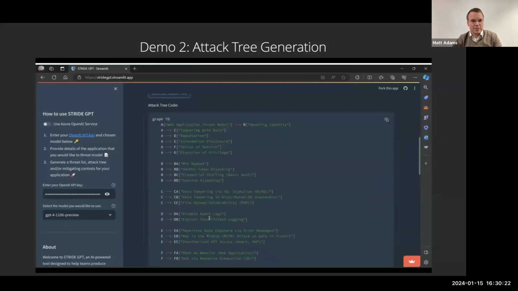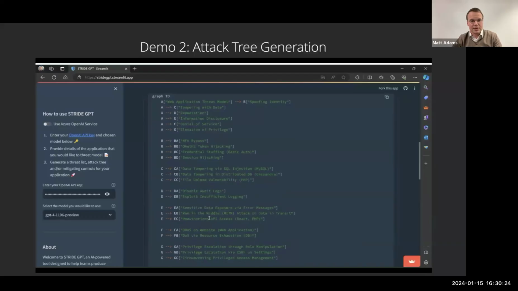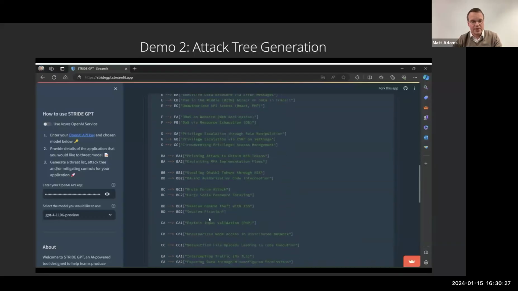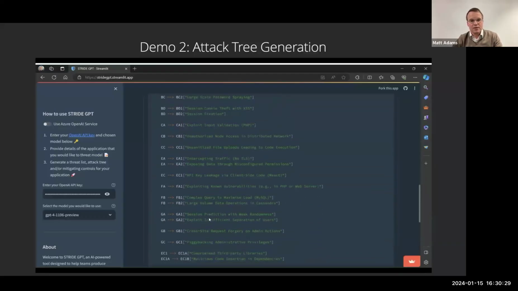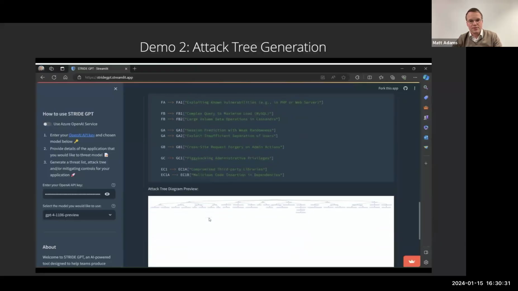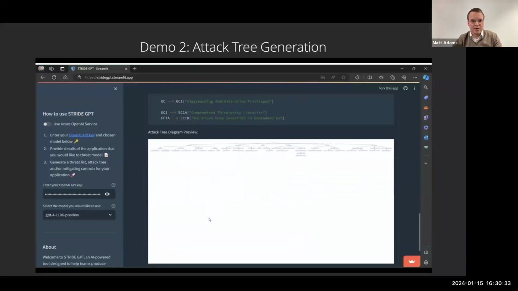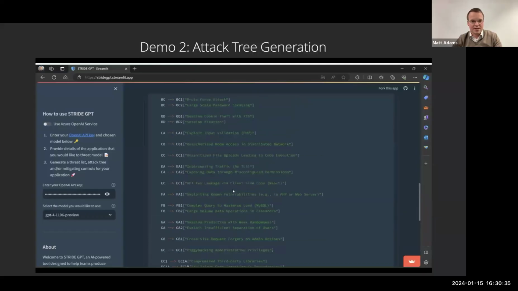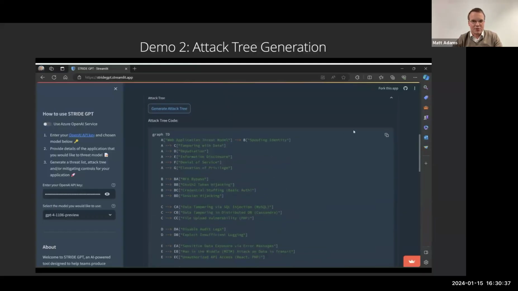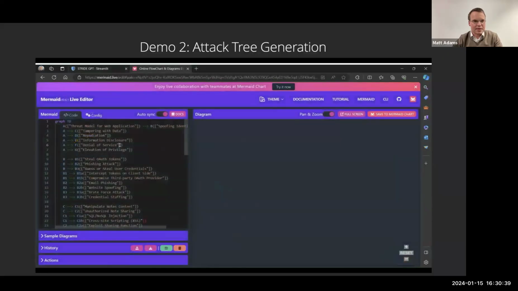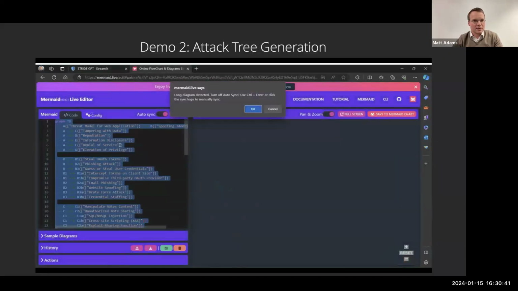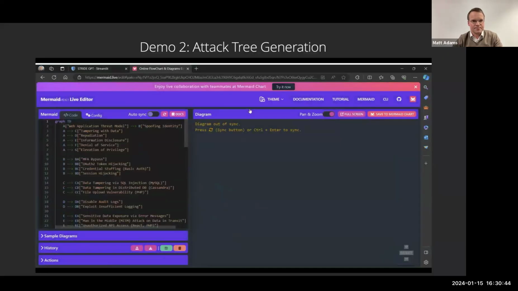And so this is the Mermaid syntax that I was referring to earlier. So it's producing this top-down graph structure, and there's a preview of the diagram. Rather than using that though, because particularly for larger diagrams it's a bit difficult to see, I prefer to work with this Mermaid Live editor. So if we take the output from STRIDE GPT, paste that into this UI and refresh the table, we're going to take that